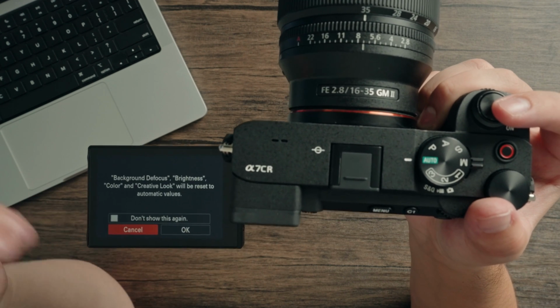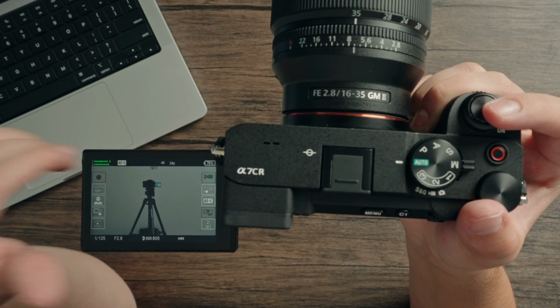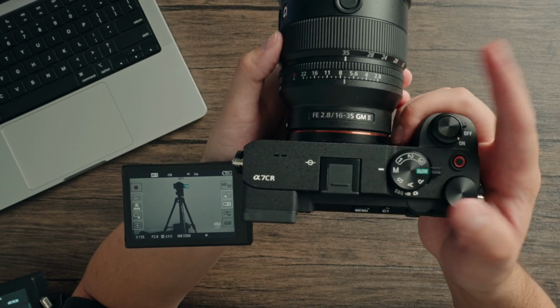It's just going to reset all of those automatic values. Click OK and you're good to go. And now I'll show you how to shoot manual video. So the first thing you're going to want to do is switch the little mode dial to this little M,